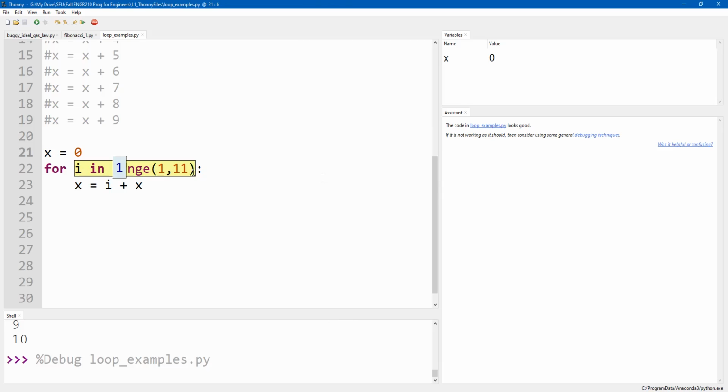But if I is already counting from 1 to 10 for me, I might as well just use that value. However, that means that I'm missing the number 10 if I do it in range 10, right? So if I do in range 1, 11, I get all the values from 1 to 10.